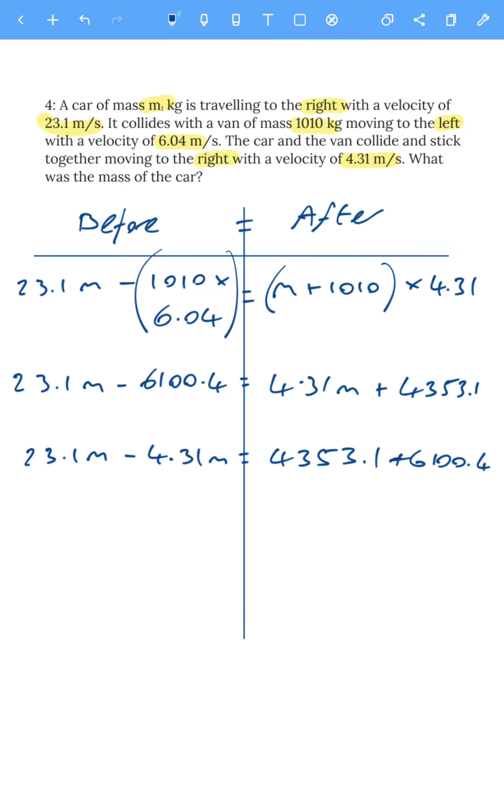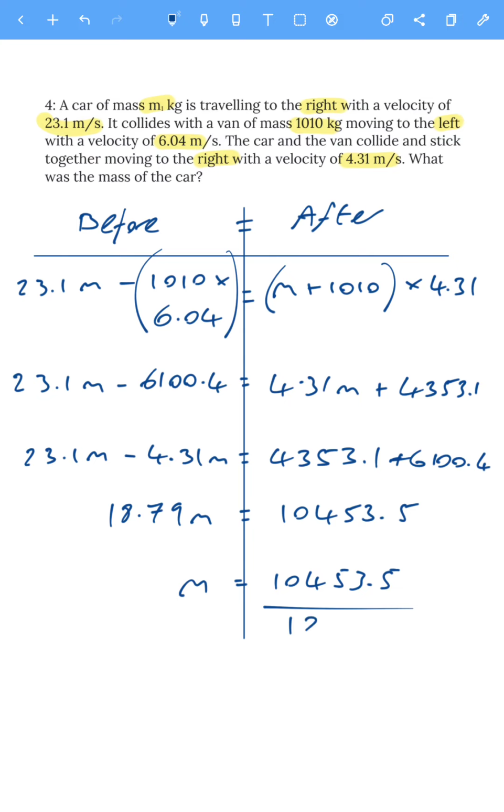So 23.1 minus 4.31 gives us 18.79 lots of m equals, add these two numbers together, which gives us 10,453.5. So the unknown mass is simply the 10,453.5 divided by 18.79, which gives us the unknown mass, which is equal to 556